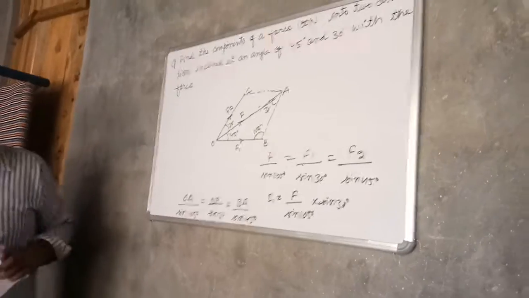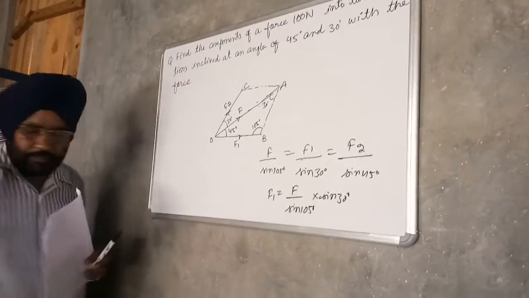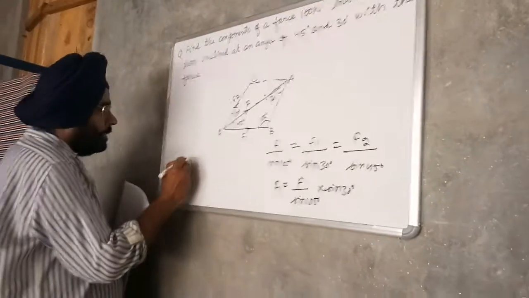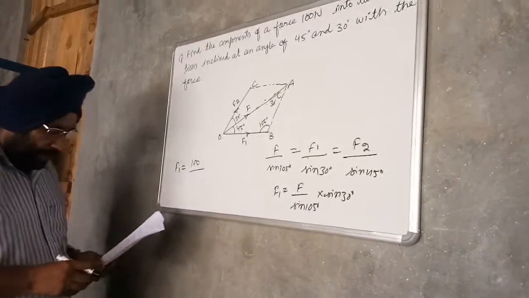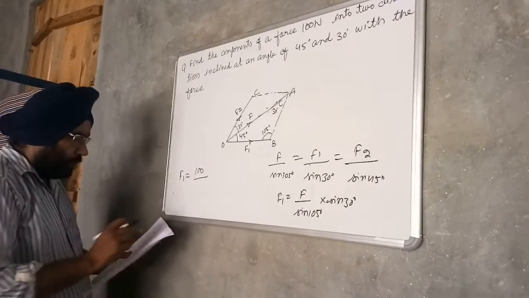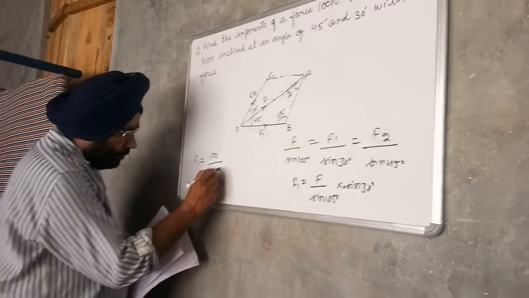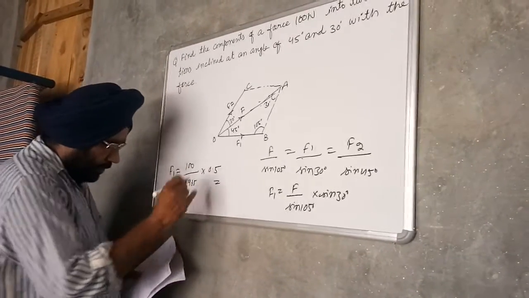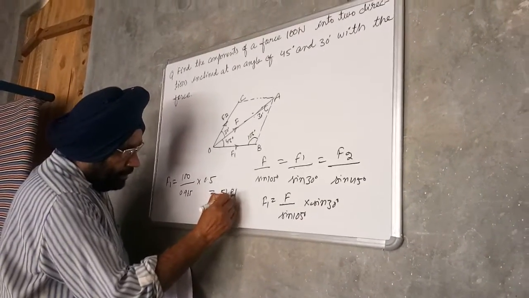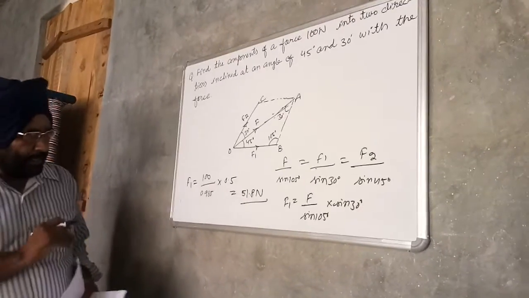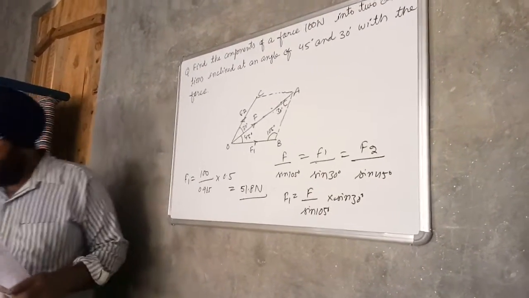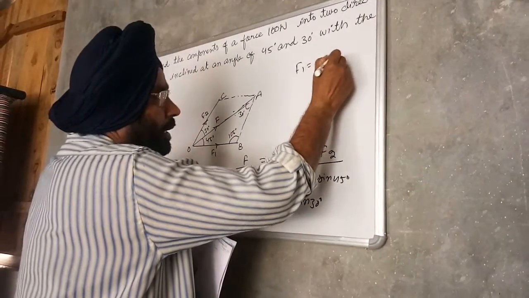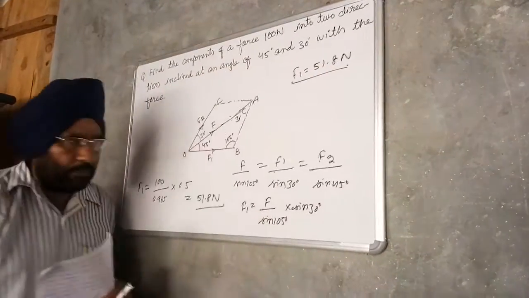So F1 is equal to F. The magnitude of the force F is 100 Newton, 100 upon sine 105 degree. The value of sine 105 degree is 0.965, into sine 30, and sine 30 is equal to 0.5. So the force F1 is equal to 51.8 Newton. So the force F1 is 51.8 Newton. Next, to determine the force F2,